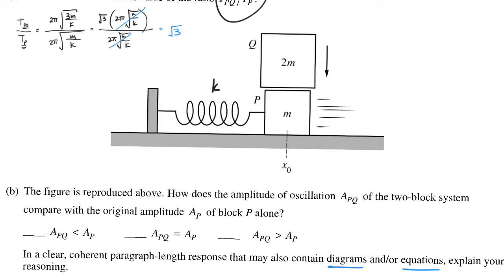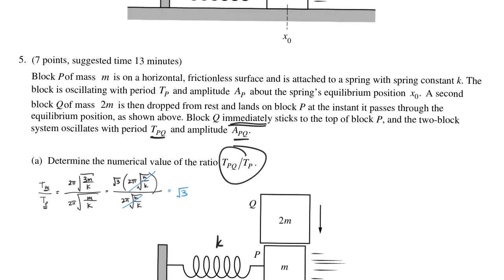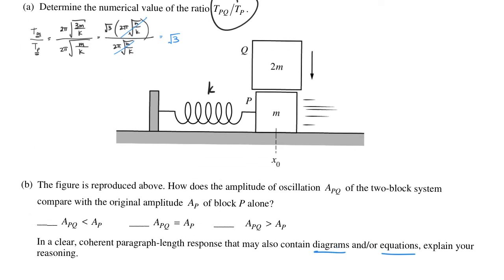I saw something interesting. So here's where I'm going to stop. The problem says, in a clear, coherent, paragraph-length response that may also contain diagrams and equations, explain your reasoning. And if we go to the top, this is a 7-point problem, 13 minutes. So I'm kind of expecting that question A is probably 2 of those points, and question B is probably 5 of those points. That seems to be the way it's been separated in other problems like this. So in order to acquire these points, they're going to want to see a clear, I don't want to say concise because they're saying coherent, but there should be a progression from what happened and why it would cause the